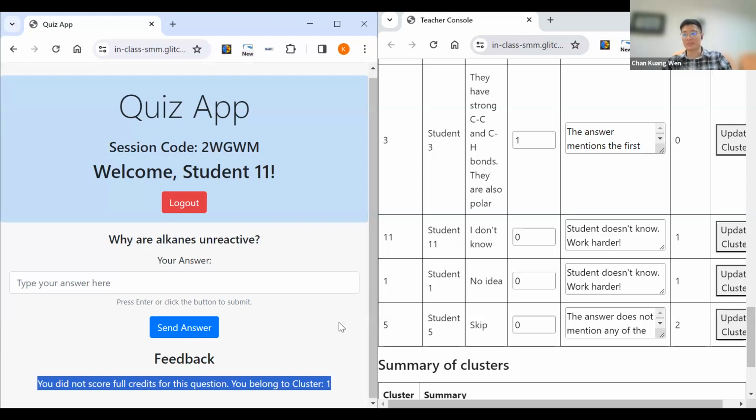Otherwise, the wrong answers are the ones that you will return to me. Because as a teacher, if the student knows the answer very well, I don't want to spend a lot of time marking the correct answers. What I want is to focus on the students that don't do well and are getting the misconceptions, or those students with alternative answers that might make sense. So those were the things that I'm more interested in.